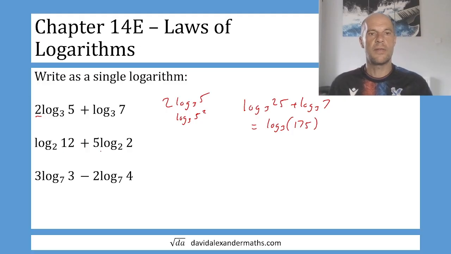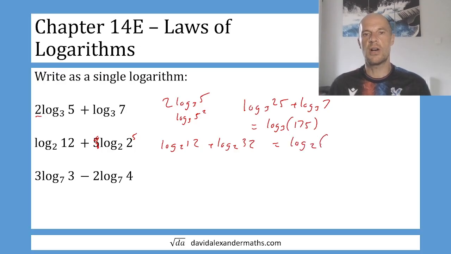Okay, so the 5 log 2 of 2, we can move that 5 up to here. So that is log 2 of 2 to the power of 5. So that becomes log 2 of 12 plus log 2 of 32. And that is going to be the log 2 of 12 multiplied by 32. I can't do that in my head,